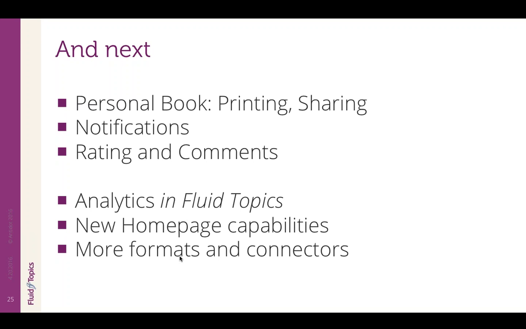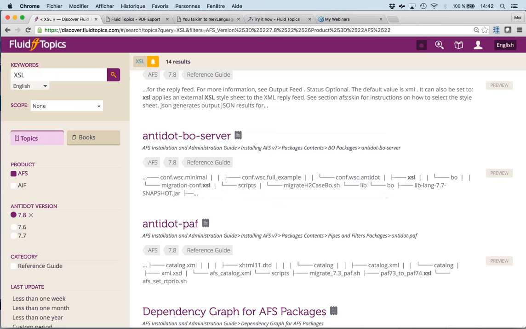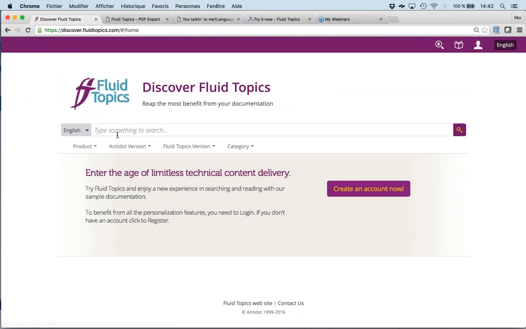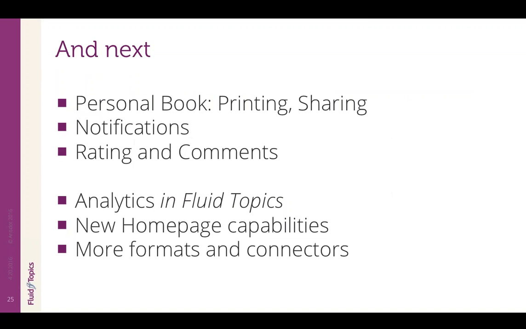So, for example, right now you have this single search box on the homepage. We'll provide more wizard features where you can pre-select a product in a nice way. And also we are still working on more formats and more connectors to cope with different needs and different requirements from our customers. So this is roughly what we'll be working on for the next 1 to 6 months, let's say, until fall. So plenty of exciting stuff coming.